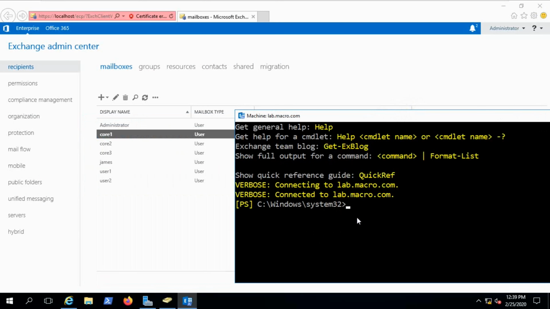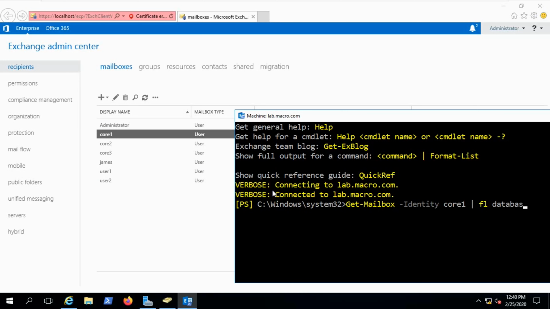The command is Get-Mailbox -Identity user code 1, space pipe symbol, FL (Format-List), space Database.